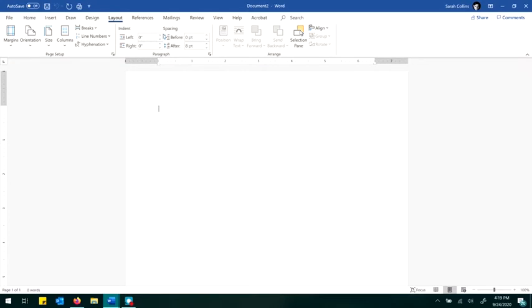The next thing you might want to check is under the same Layout tab in the Paragraph section here, you have spacing between your paragraphs. This is where if you hit Enter at the end of a line, it puts additional space in between your lines. And APA does not want this additional space, so you just want to make sure this is set to 0. It's easiest to do this now rather than after you already start adding things to your page, because it can really change the length of your project and the spacing between things. So making sure that it's already set to 0 before you start typing anything means that you won't have to worry about it later.